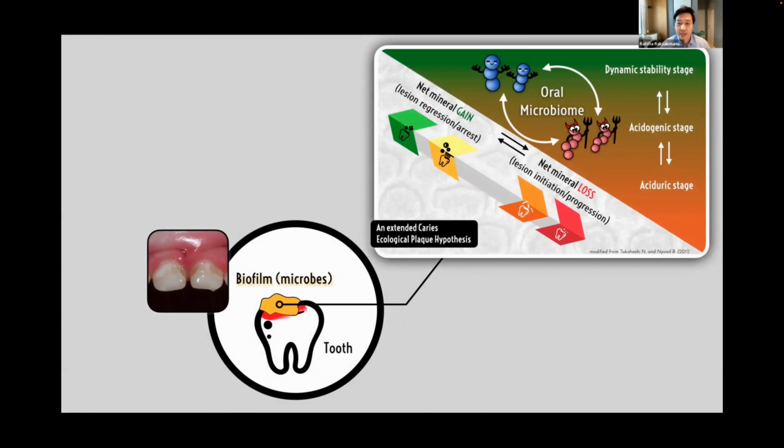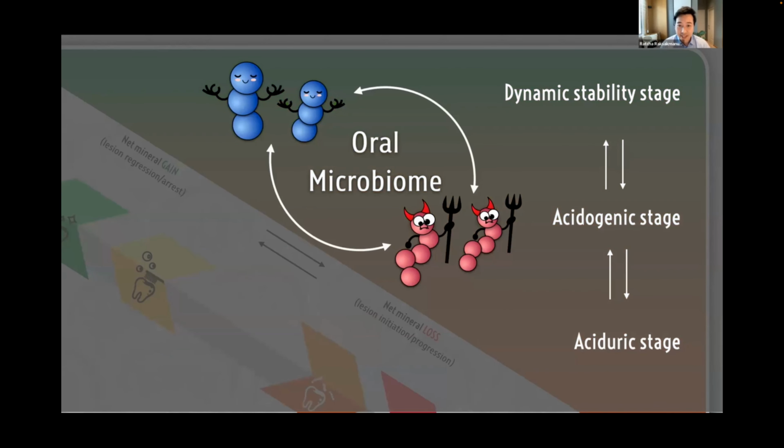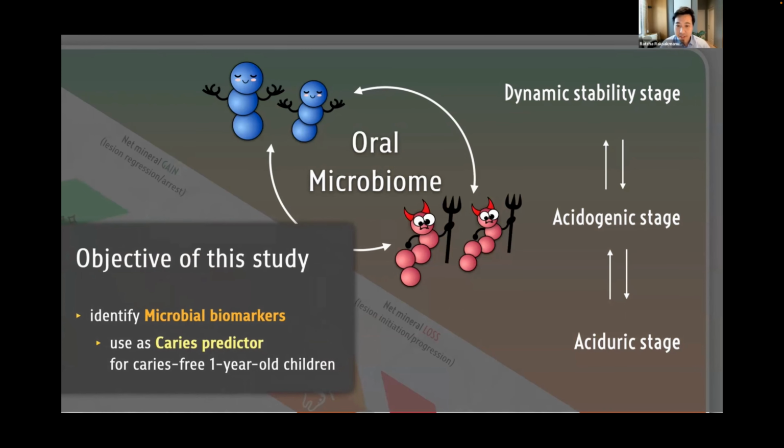The oral microbiome is a promising candidate for caries prediction because dental caries occurs due to a long process of imbalance in the oral microbiome. And at each stage of caries, they consist of different microbial members. If we can find those differences before the caries onset, that could be a predictor for future caries. So the objective of our study was to identify the microbial biomarkers that could be used as a caries predictor